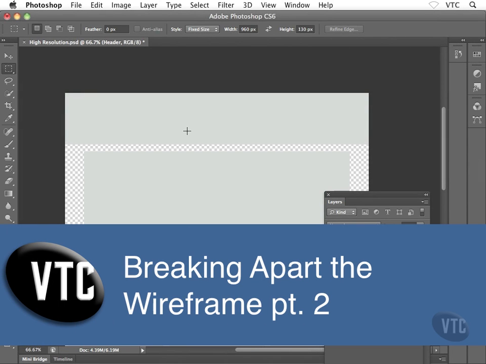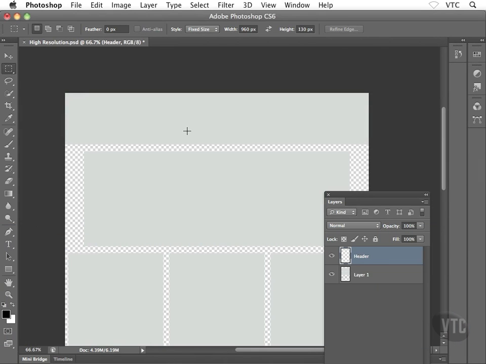So we're just getting started breaking apart our wireframe onto separate layers. There's lots of cool tricks and techniques that I want to show you to achieve this. We've already seen one, which is using the rectangular marquee tool and setting its style to fixed size. So for instance, the next layout component that I want to go after is going to be the main navigation